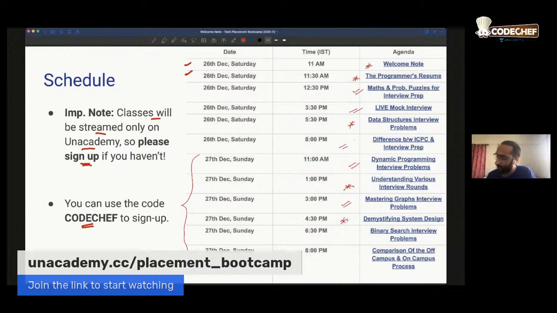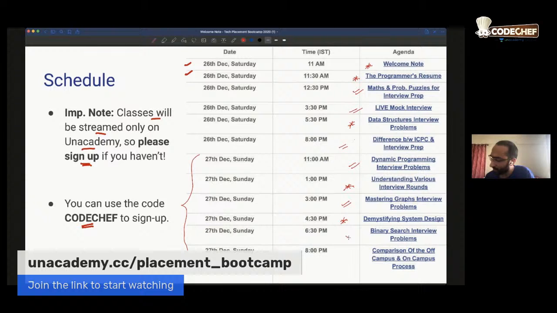After that, we'll also take a look at a session on demystifying system design. A lot of times we tend to think that system design problems require a completely different kind of mindset or practice. And even if you're doing good in data structure algorithms or CP, you might get intimidated by questions on system design. So we want to highlight in this particular lecture that using your DSA knowledge, a lot of times you can solve most of the system design problems by only using the fundamental DSA knowledge which you have. So we will be demystifying the system design rounds in this lecture.